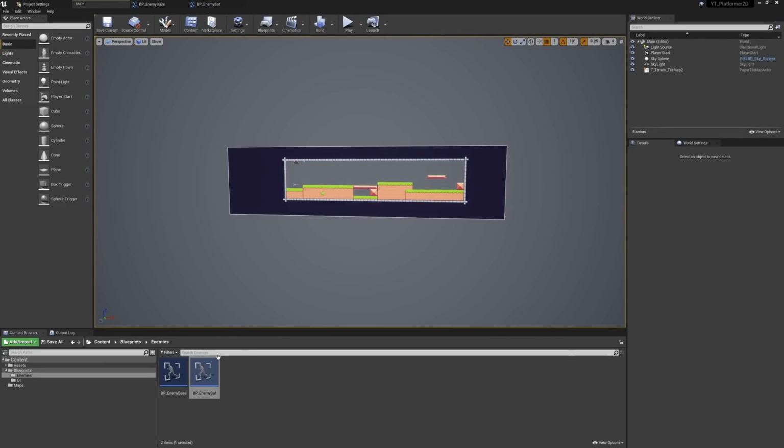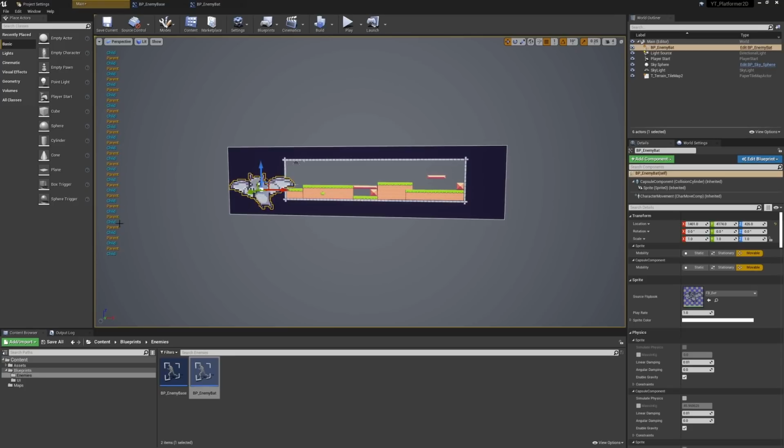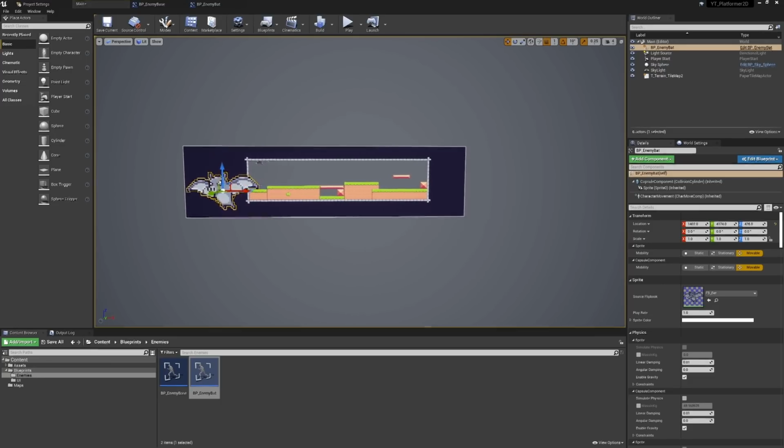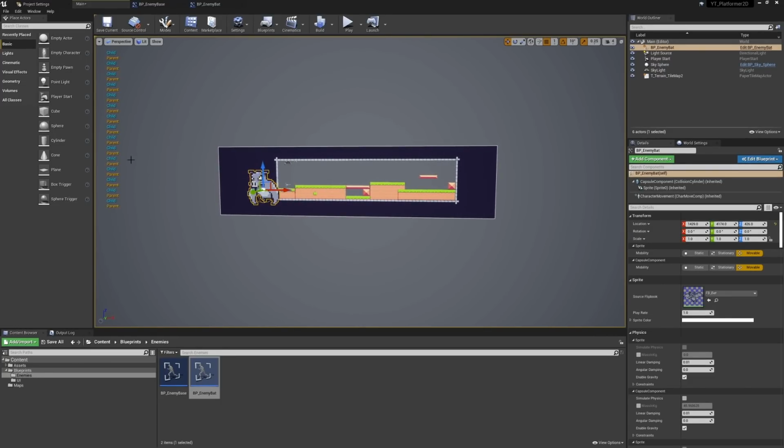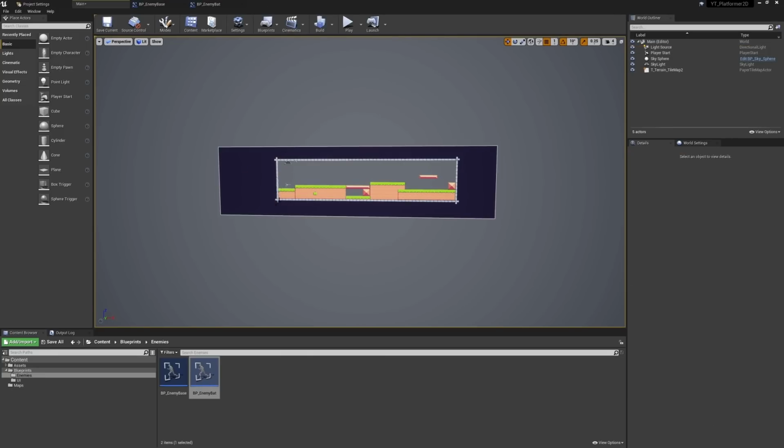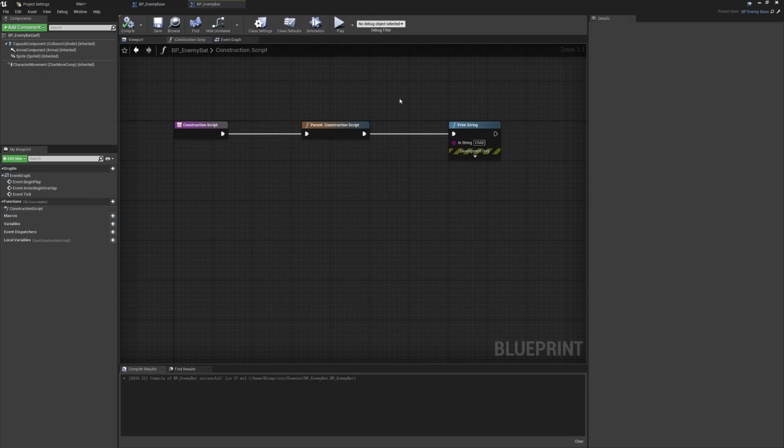So again, I'll just bring the enemy bat in, and it's a little bit hard to see again because I think that's overfilled the page, but we're now doing it in the other order. So we've got parent, then child, then parent, then child. So we can see it's going in the right order there. So hopefully that kind of makes sense how we have the structure of the order in which things are called